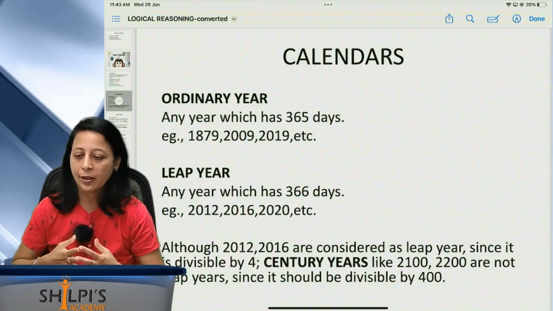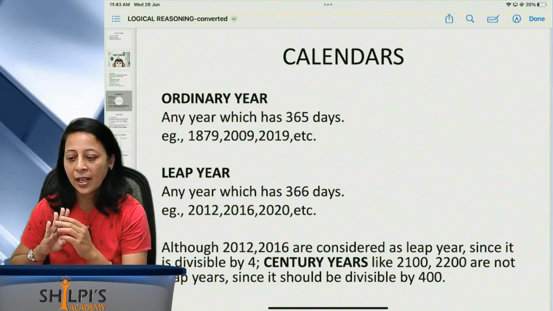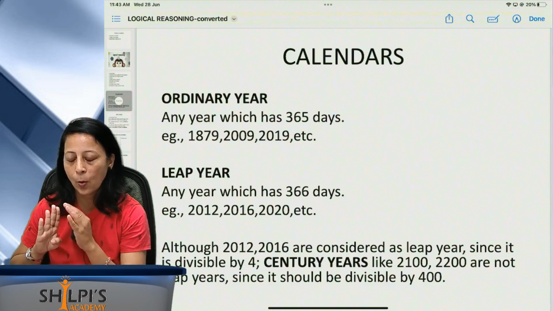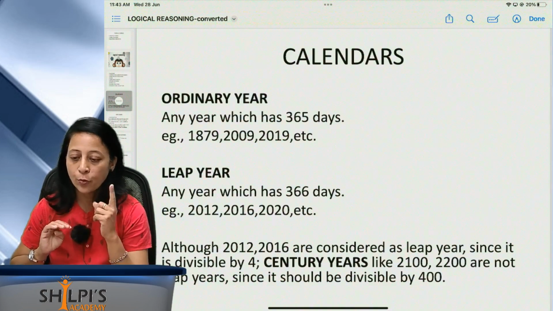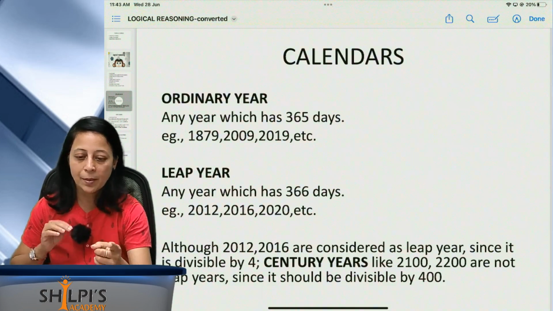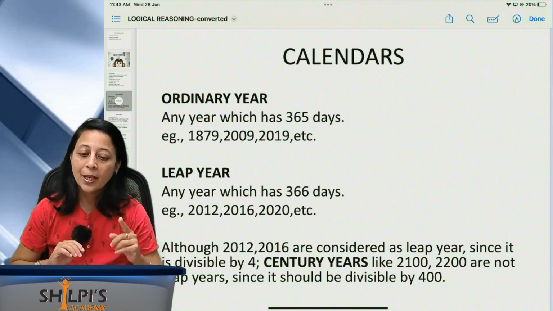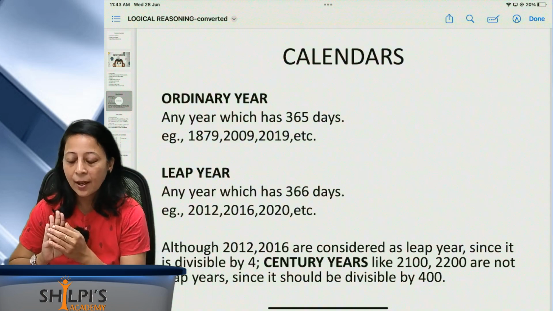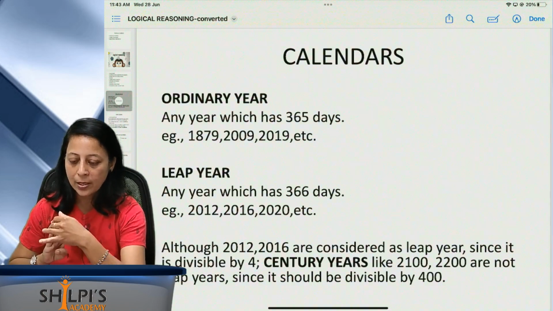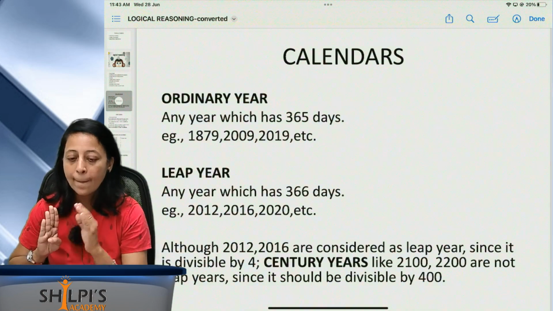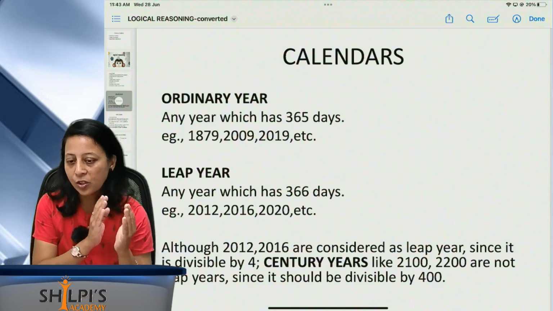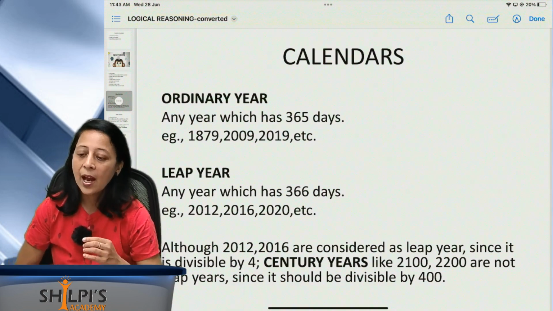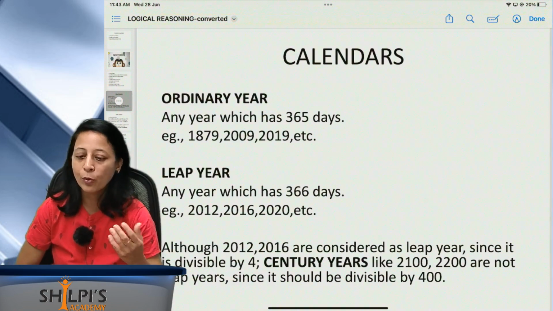When we say leap year, you know that every year has 365 and a quarter days, and once in 4 years all the quarters get added to form one complete day. So it becomes 366 days once in 4 years. That completion of quarter plus quarter plus quarter of one day, which is an extra day from an ordinary year, turns it into a leap year. It happens once in 4 years, and it is divisible by 4.